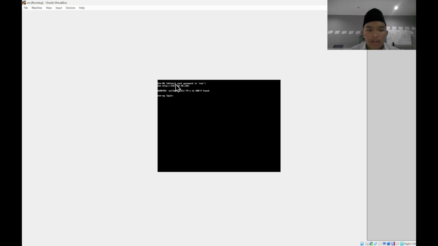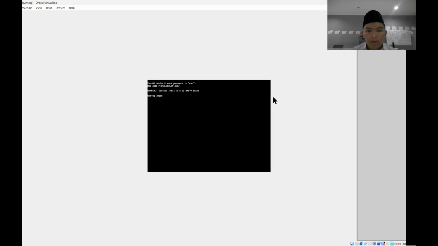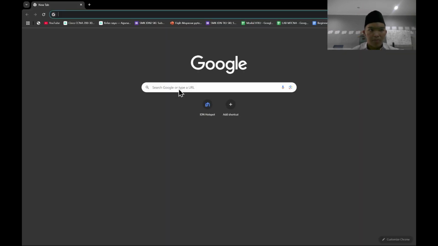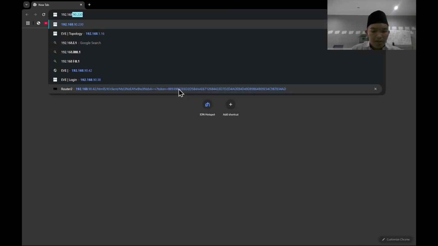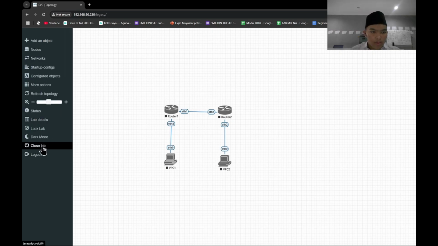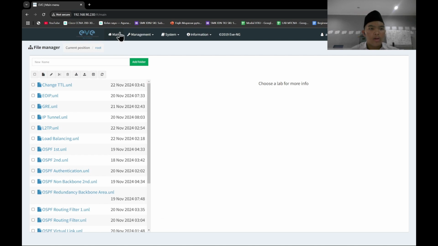Okay, the FNG already gave me the IP, that is 192.168.90.230. Okay, the next is open your Chrome and input the IP. Okay, and then this is the main page of the IP, and then the next is add new lab,